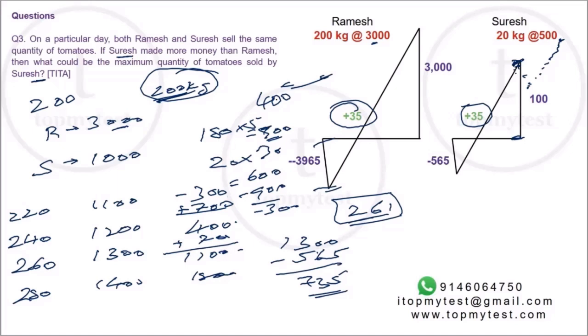But Ramesh has already paid for his bag. From now on, the moment he reaches 201, from then on, he's only going to make profit, right? Every kilo that he sells, he's going to keep on making profits. So his profit is only going to increase from here. His profit is actually going to increase by 35 rupees from here. So it will become 1135. So at 261, Ramesh will overtake Suresh. Your question was, till what time Suresh will make more money than Ramesh? Till 260. So your answer will be 260. Till 260, Suresh will make more money than Ramesh.